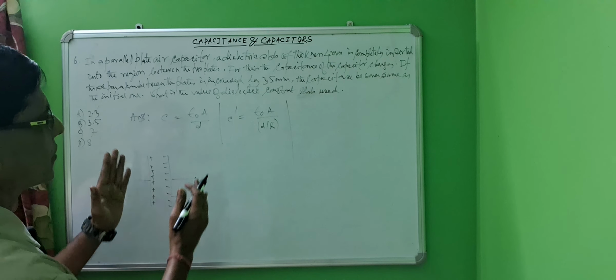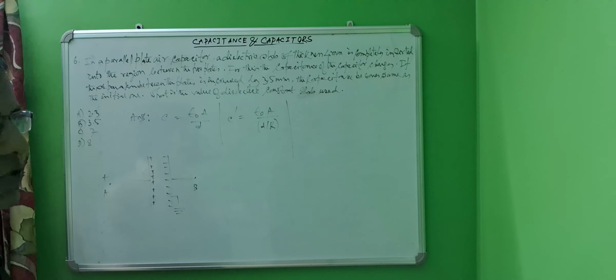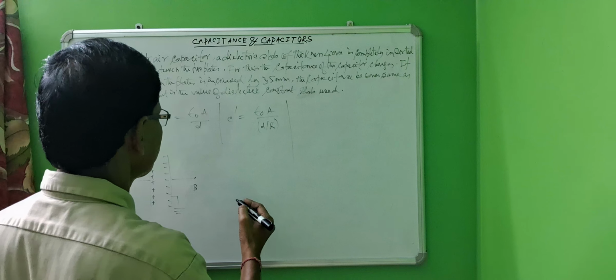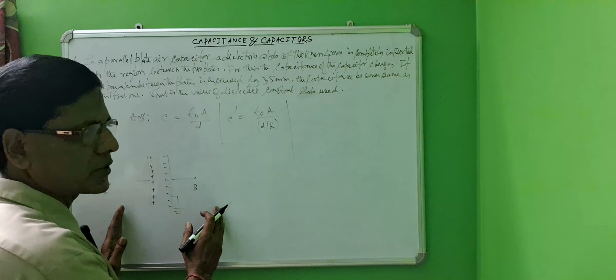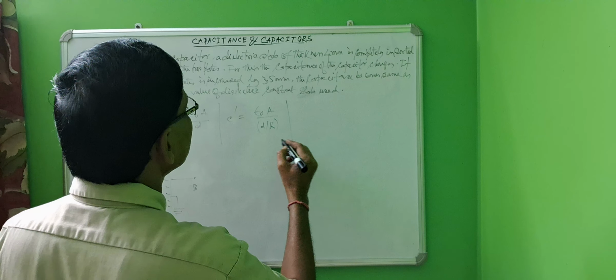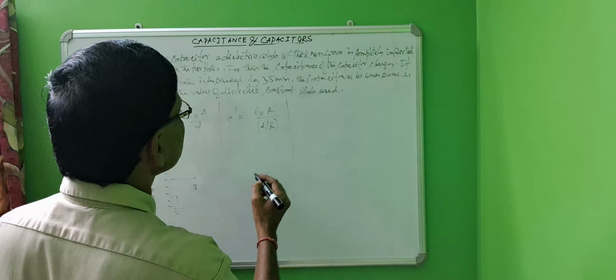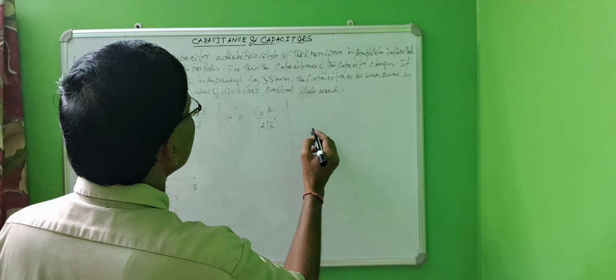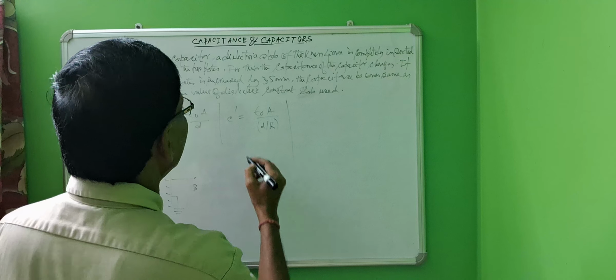So the distance between the two plates is to be increased. Suppose the total distance now is d dash. So we can write, when the